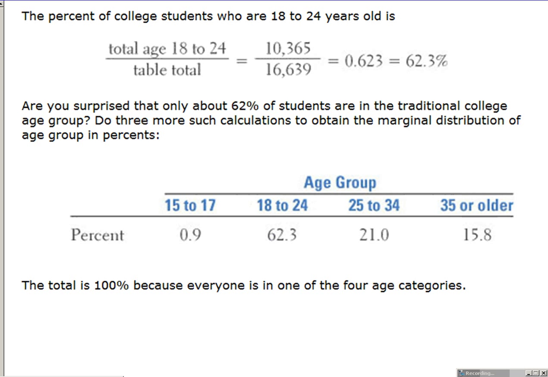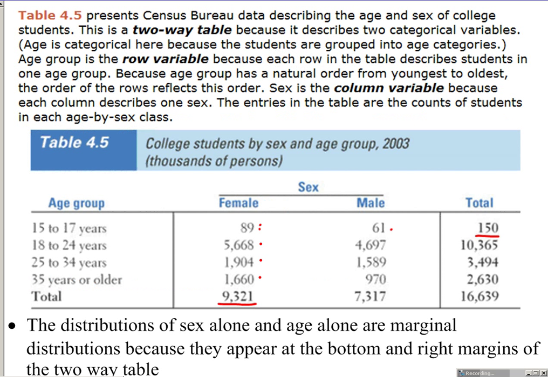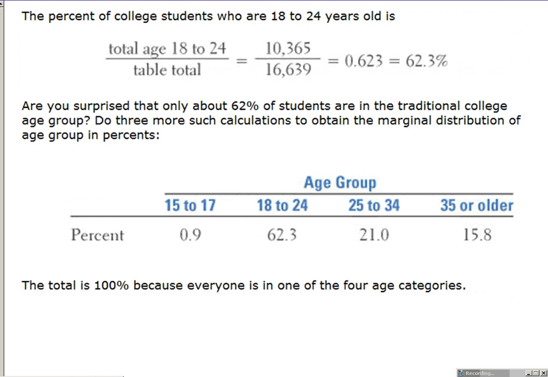So the age group of 15 to 17, if I wanted to do that marginal distribution, I would go back here and look at 15 to 17. There are a total of 150. I would then divide by the grand total of 16,639. So this 0.9 is obtained by taking 150 divided by the grand total of 16,639. 18 to 24 group, again, take the row total of the 18 to 24 group, which is 10,365, divide by the grand total,